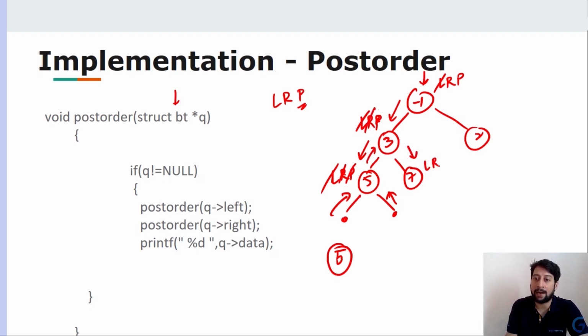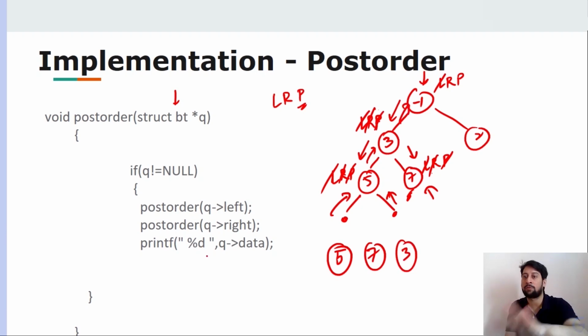L, right, left, right, and print. So left, there's nothing, return. Right, there's nothing, return. And then finally print. Printing 7. So left, right is done for this root node, but the printing statement is left. So we'll directly go ahead and print it. Done. We'll return back. Now the entire left portion of this root minus 1 is done, but still the right